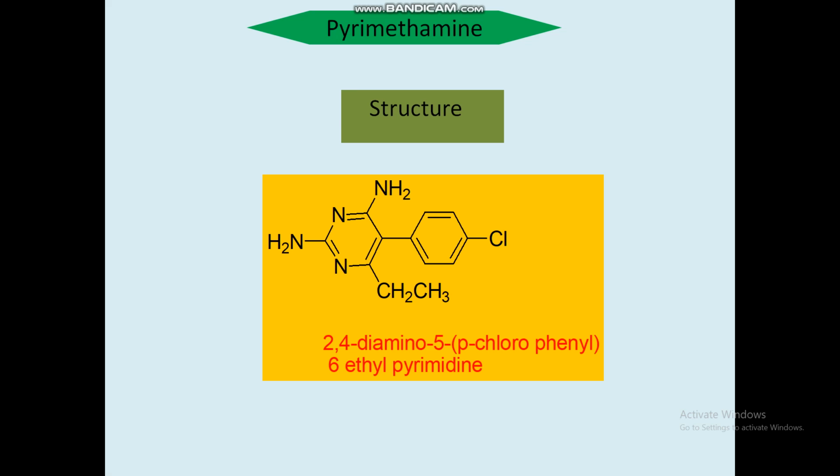It has a role as an anti-malarial. Okay, it is an aminopyrimidine nucleus, that is pyrimidine 2,4-diamine, which is substituted at the 5th position by para-chlorophenyl and the 6th position by an ethyl group. It is a folic acid antagonist used as an anti-malarial. Used as a medication with a sulfonamide, we can treat a serious parasite infection, that is toxoplasmosis, a parasite infection of the body, brain or eye, and to prevent toxoplasmosis infection in people with HIV infection also.